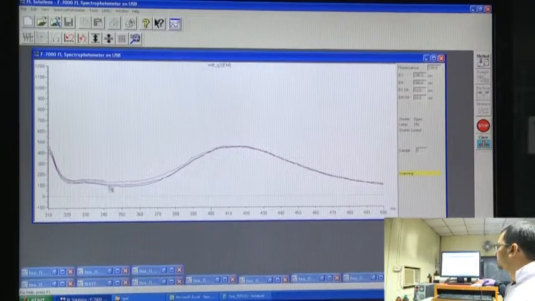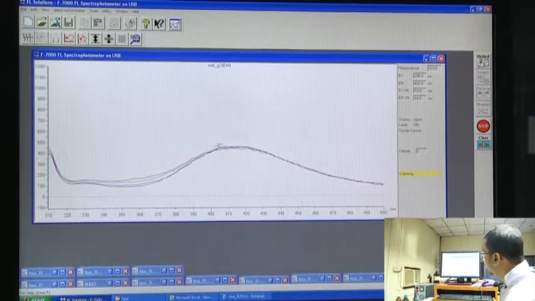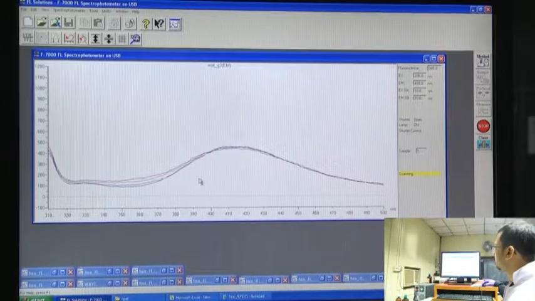A slight change in this part, that is in the region of 330 to 340. So, the slight change sometimes might be very significant once you subtract this from the HSA part. I hope it will again overlap with this part. Yes, more or less it has the same intensity range.